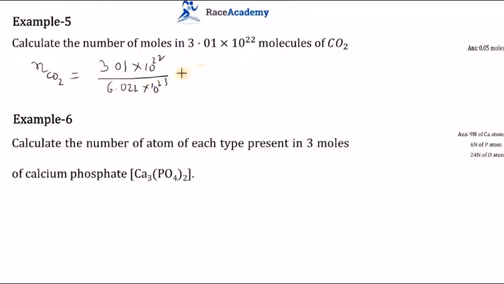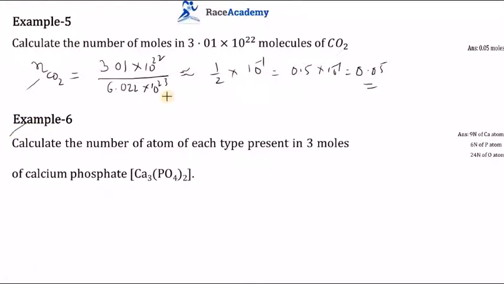If you take it approximately, then the approximate answer is 1 by 2 into 10 to the power of minus 1. So it is 1 by 20. As you know, 0.5 into 10 to the power minus 1 is 0.05, the number of moles of carbon dioxide obtained in this problem. So how to find the number of moles of a substance when the particle number is given to us? Number of particles by Avogadro number. So after simplification, we got the number of moles of carbon dioxide as 0.05 moles.